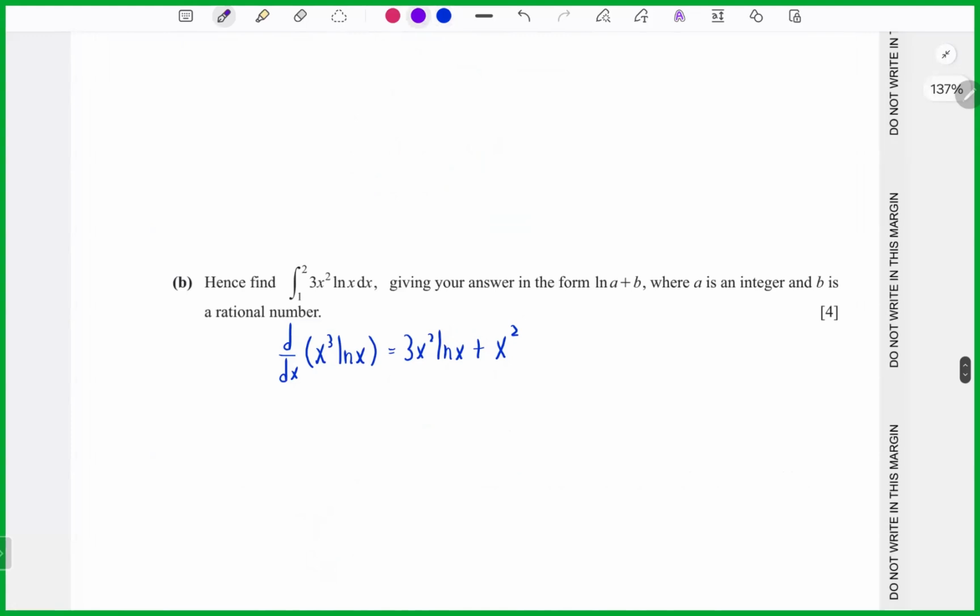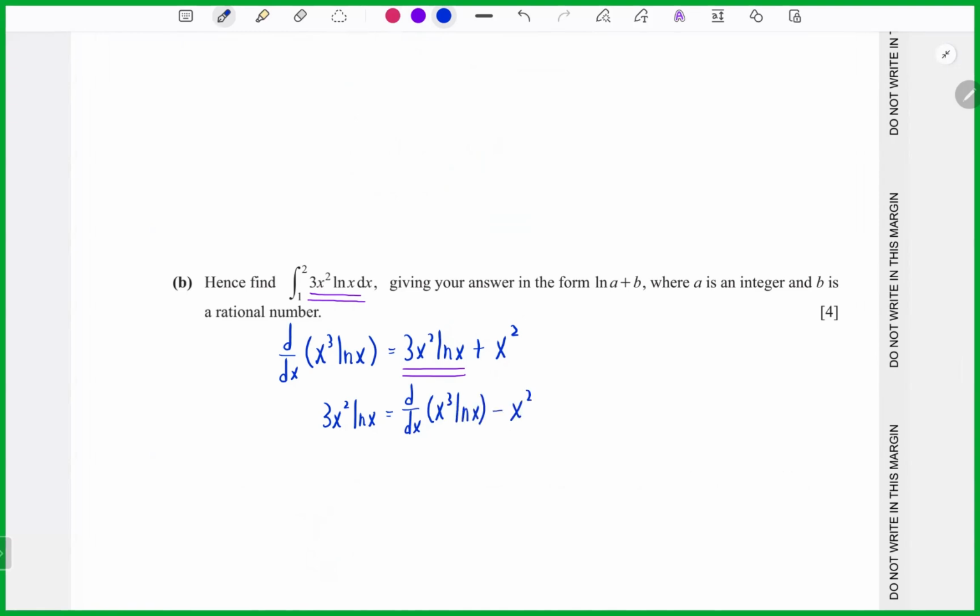Because you see the question, here is the main part, right? So I make 3x squared ln x the subject. So you can write 3x squared ln x equals d/dx of (x cubed ln x)